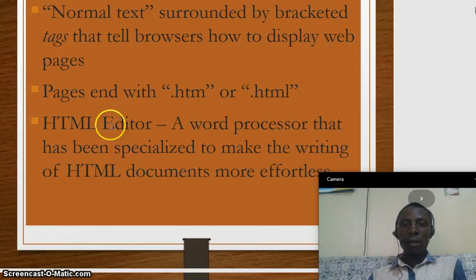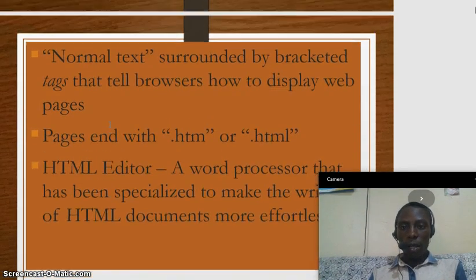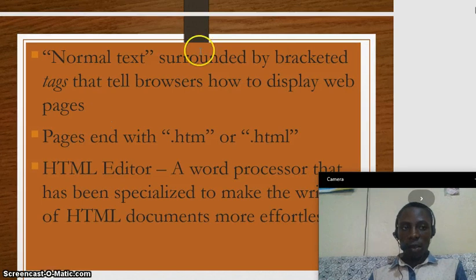Okay, so a normal web page, or a normal text, is surrounded by bracketed tags that tell browsers how to display web pages. Remember, we are going to design a web page using the hypertext markup language so that we can use a browser to see the web page we shall have designed on the World Wide Web.